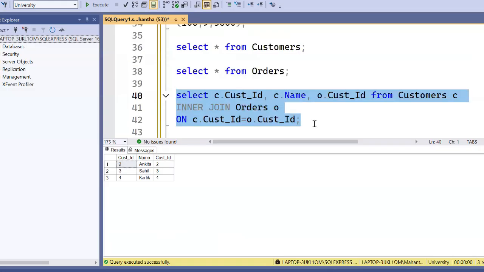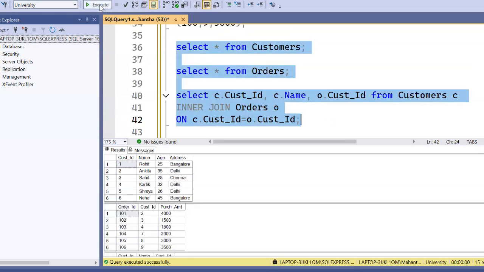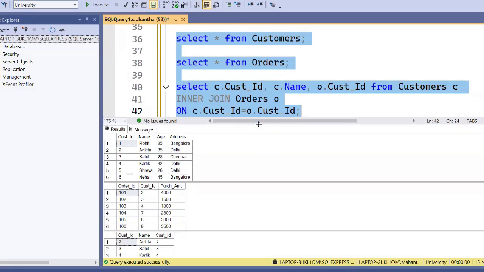Just observe here. Let me execute all these things together. Observe this and let me know. We didn't use the purchase amount field. Absolutely, we didn't choose that field as a part of the select statement.